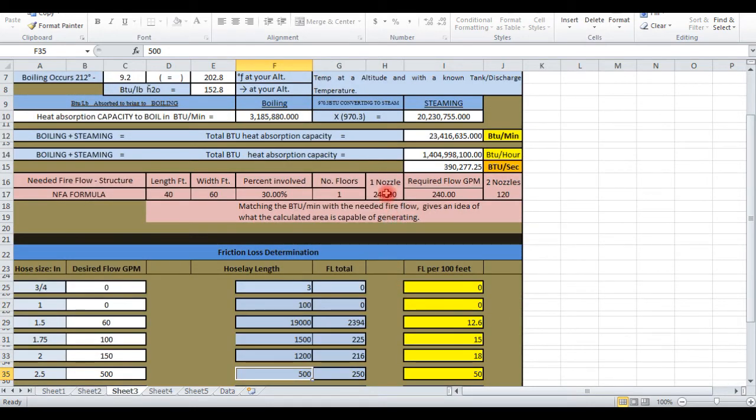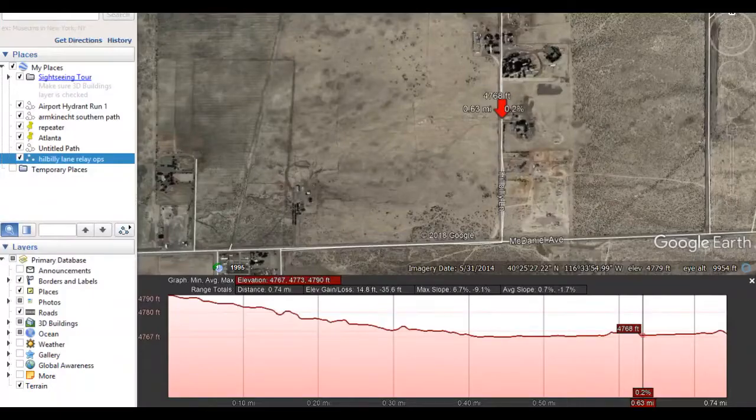So we've got 240 gallons a minute, but again, we've got to do that through 3,900 feet, because remember, that's the closest point to the hydrant, which is right there. You do have a little bit of downslope here, but the lowest point is about right there, and that's at about 2,176 feet away from the hydrant. So if you back this off and just go 2,100 feet,